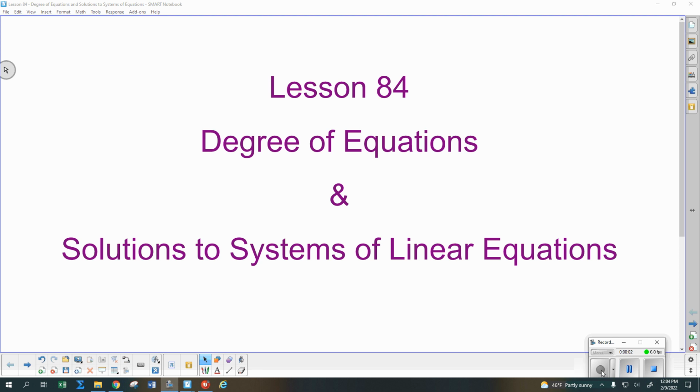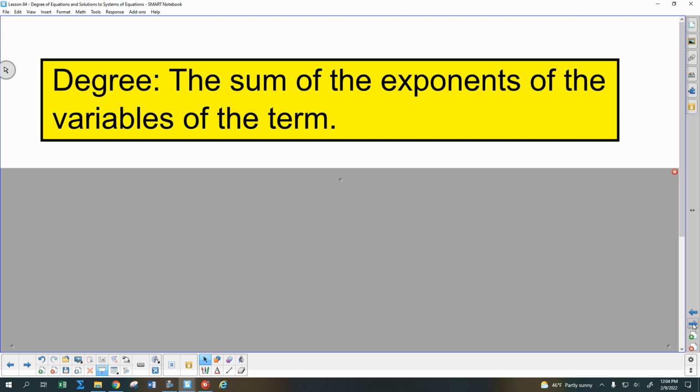Lesson today, we have two topics: a real fast one with degree of terms and degree of equations. And most of our time we'll talk about different ways we can classify systems of equations, different things that are going on with them, and that's where we'll get a bunch of new vocabulary. So first, if I want to talk about the degree of a term,